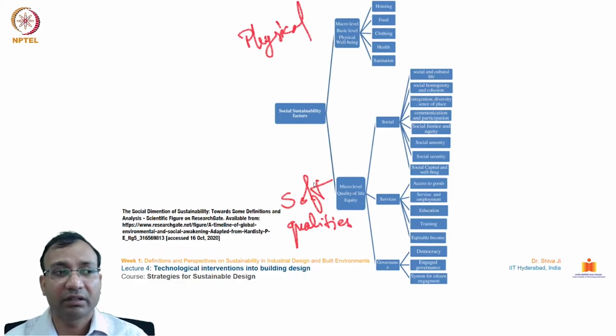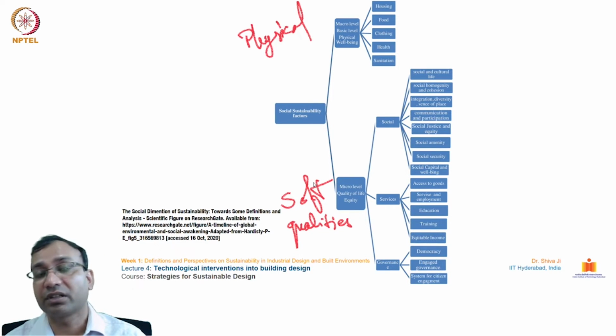So in much more direct terms, if we bifurcate the social sustainability factors, we can divide them into two different groups. The first is on the physical base, the macro level, basic level, and physical well-being level: things like housing, food, clothing, health, and sanitation, which are very direct and materialistic requirements and needs of the society. These can be taken care of at the physical level, and then there are some softer qualities. The softer qualities in these social sustainability factors are listed as micro level quality of life,